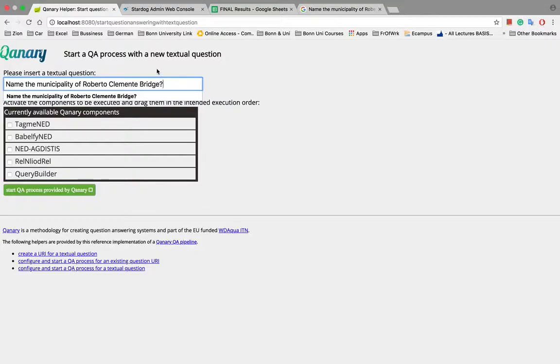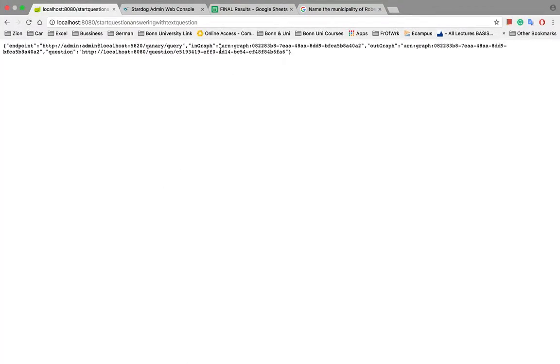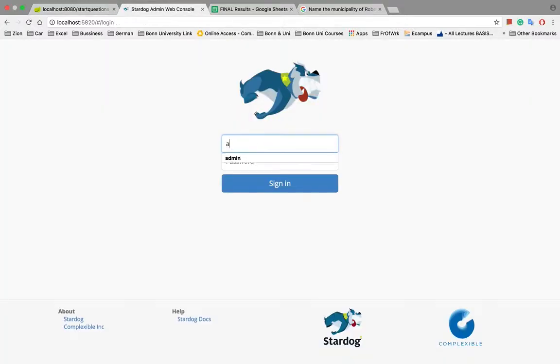Now we type this question on the user interface. We choose a component which is tag.me. This component is expected to identify Roberto Clemente Bridge as an entity and provide you the DBpedia URL of it. Now the question answering process is executing. On the screen you see the URI of a named graph. As I said earlier,